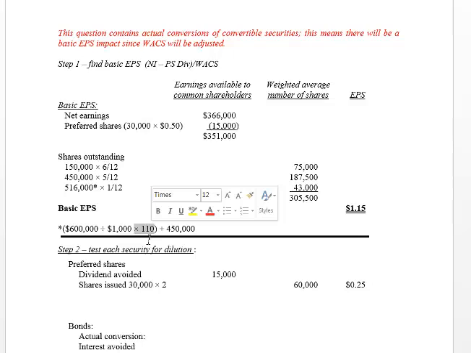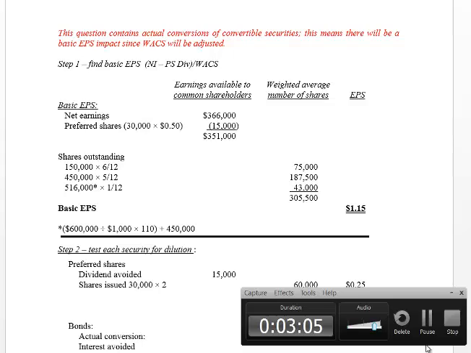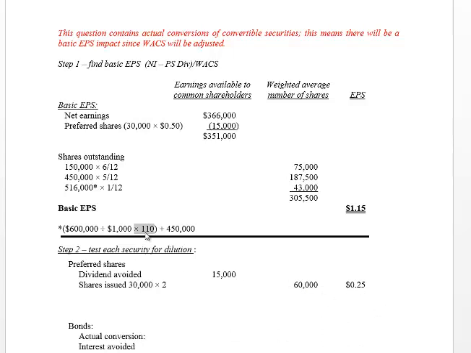So that would give us what? That would give us an extra 66,000 shares. So those 66,000 shares, this bracket distills down to 66,000. If you add that to your 450,000 that you had outstanding at December 1st before you converted the bonds, then that means that you would have a total of 516,000 common shares outstanding at December the 1st. Multiply it by the number of months they're outstanding, which is your weight for your WACS, and that would give you